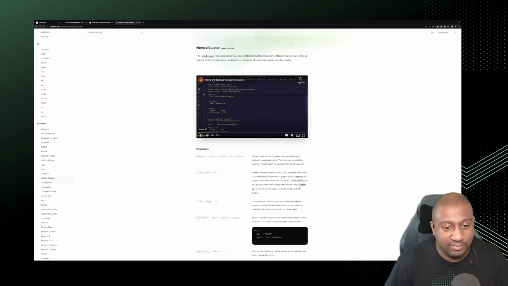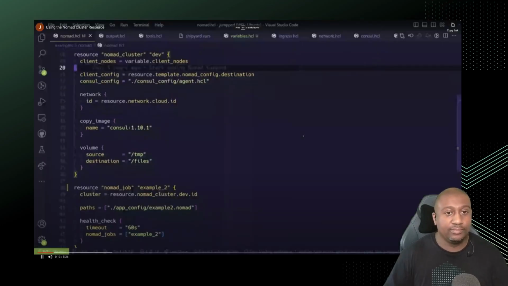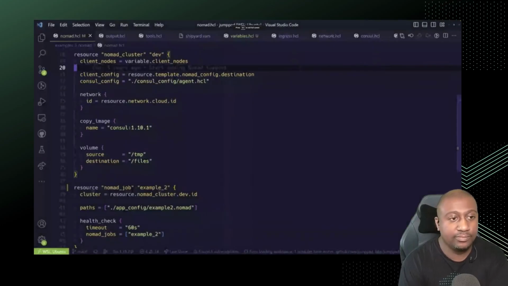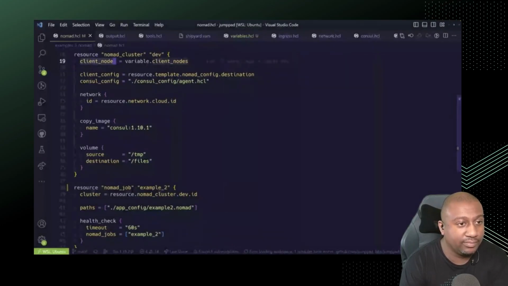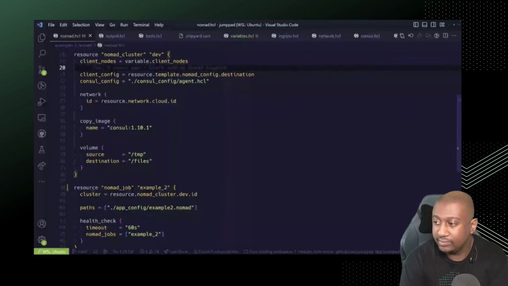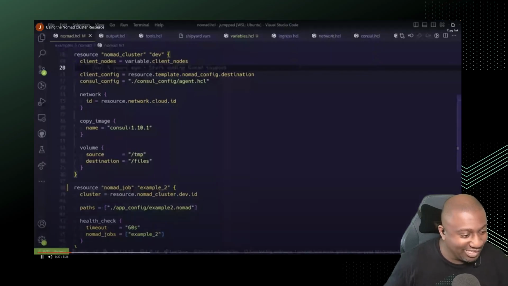So the Nomad cluster resource allows you to create a Nomad cluster inside of a Docker container. You can specify a number of different options for the Nomad cluster. First one here that I've got defined is called client nodes. If I specify client nodes as a value of 0, then Jumppad will automatically create a Nomad cluster that has a combined